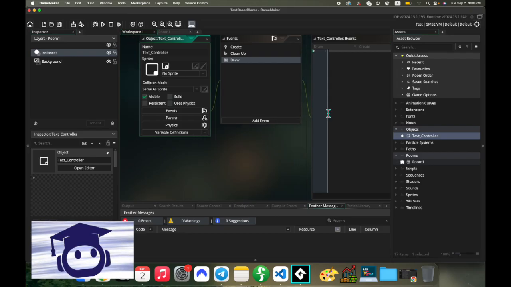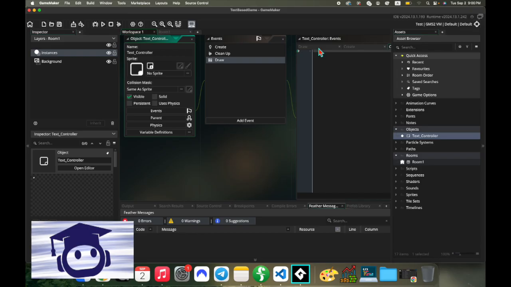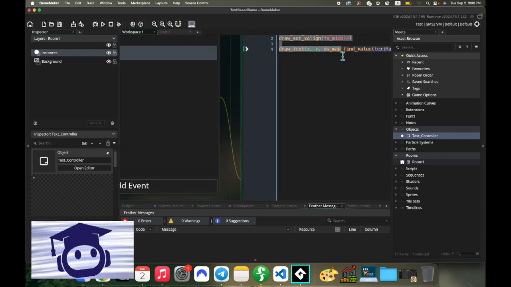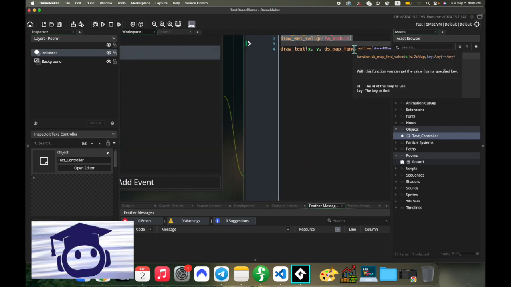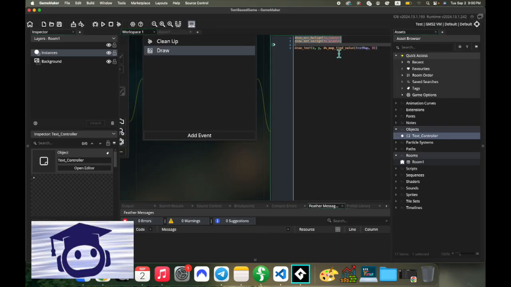And I realized that I don't need a text controller anymore. Well, it's not that I don't need a text controller. I created a DS map because I was storing information in that map so I could call it text. But I realized I don't need to do that because when I draw text, I could just